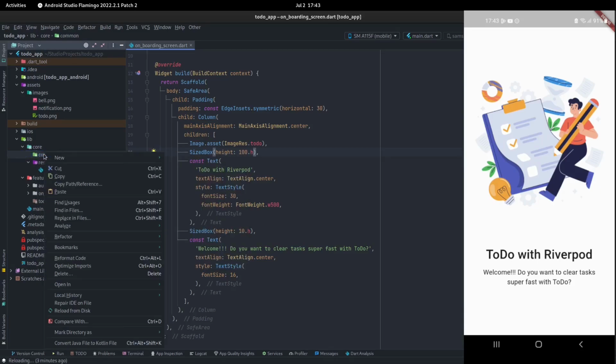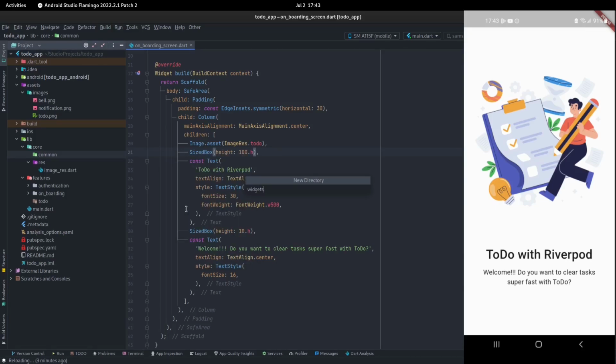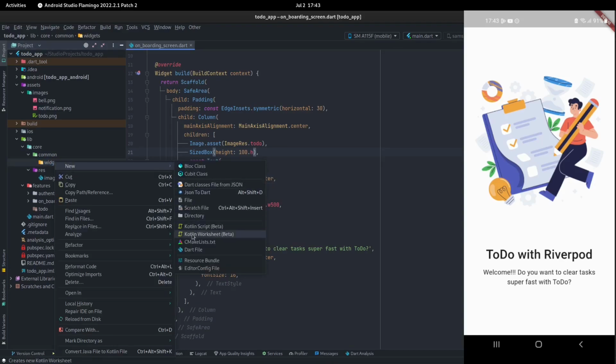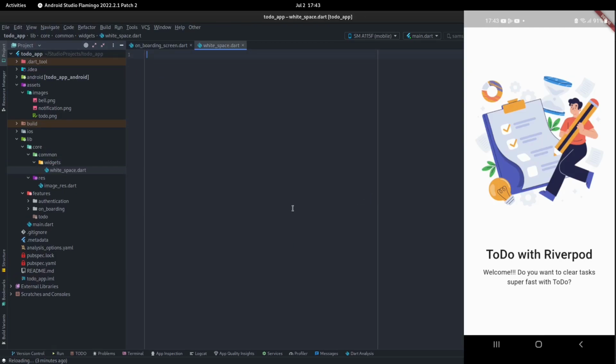So I'm going to create a common folder. Inside of the common, I'm going to create a widgets folder, so the widgets that are going to be used across the board. Inside of widgets, we're going to have a new Dart file. What are we going to call it? We can call it WhiteSpace. I'm going to have to import material because I'm going to create a widget, and I'm going to create a class